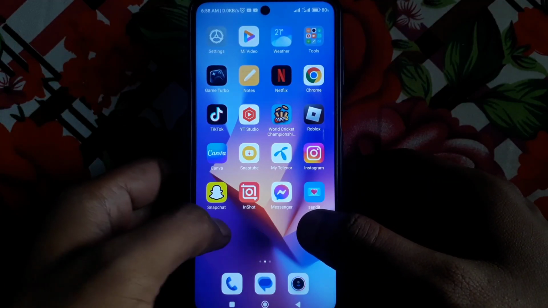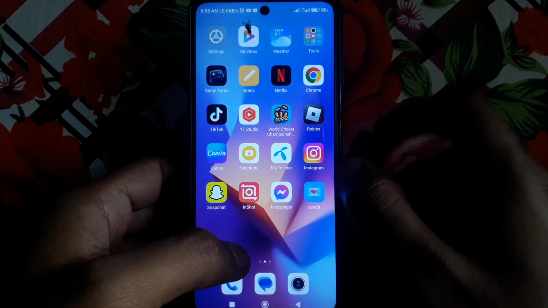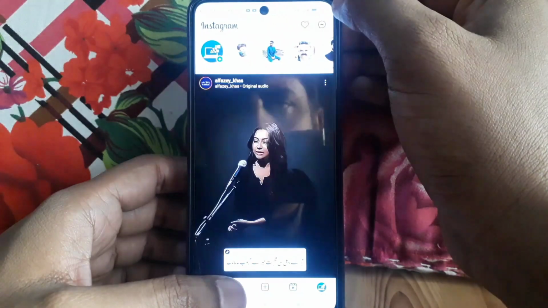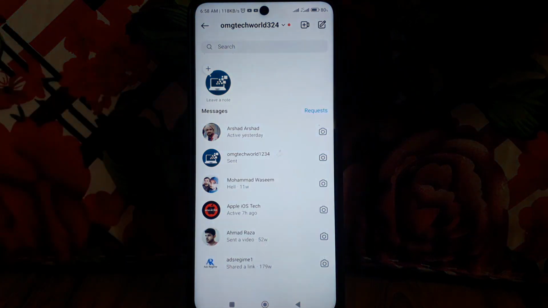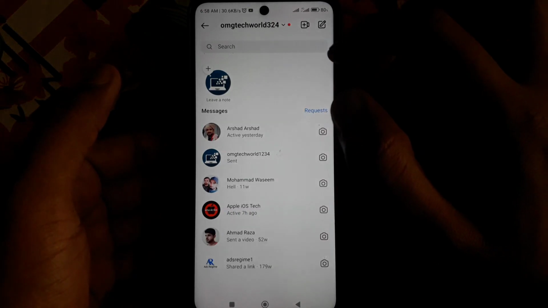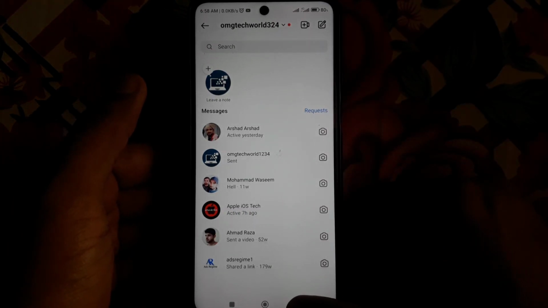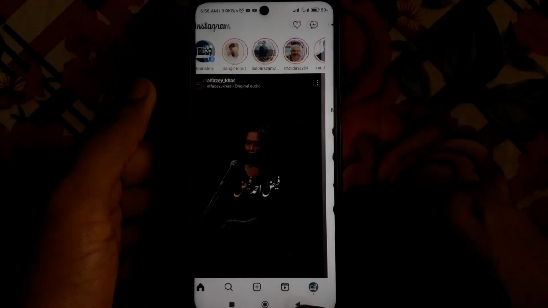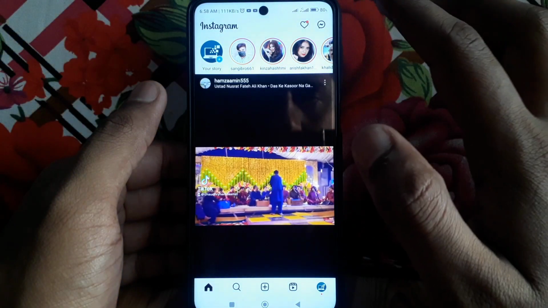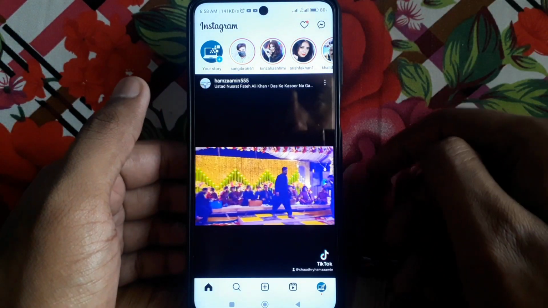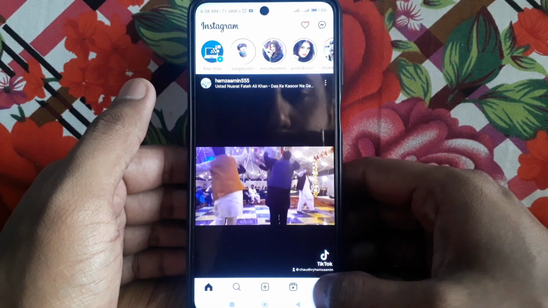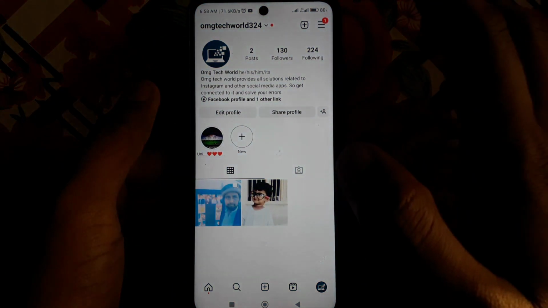Today we're gonna discuss how to unmute notes on Instagram. For example, if you open Instagram here and click on Instagram direct message, then here you can find the option of notes. If you are not finding any kind of notes here, then it means you have muted notes for someone or everyone on Instagram. So how can you unmute notes on Instagram for anyone on your Instagram